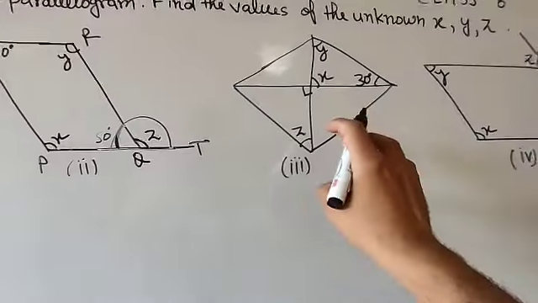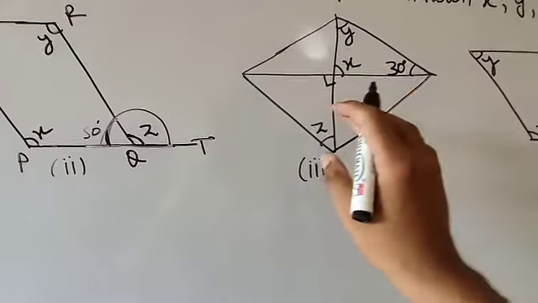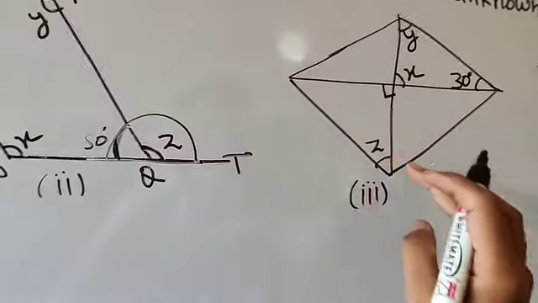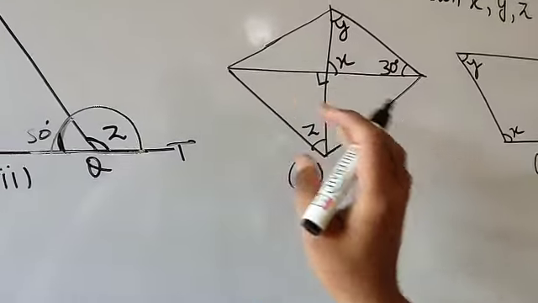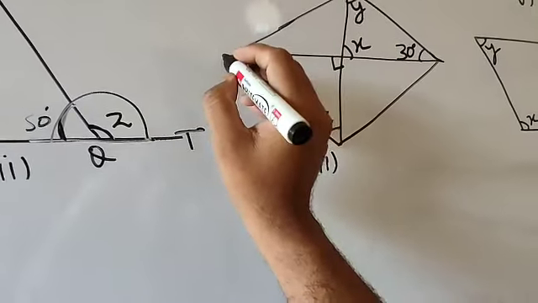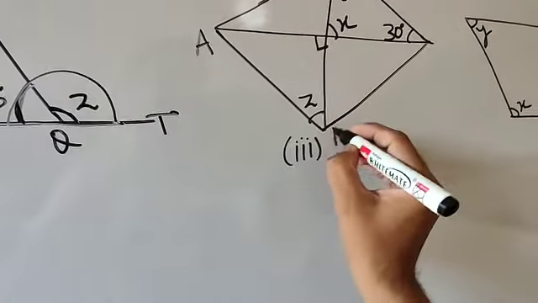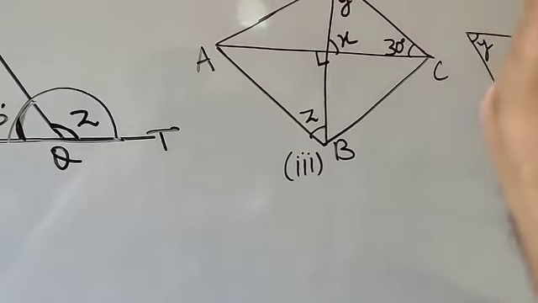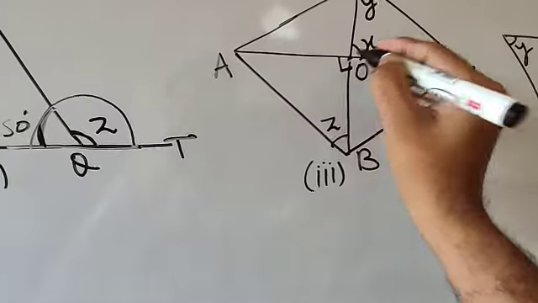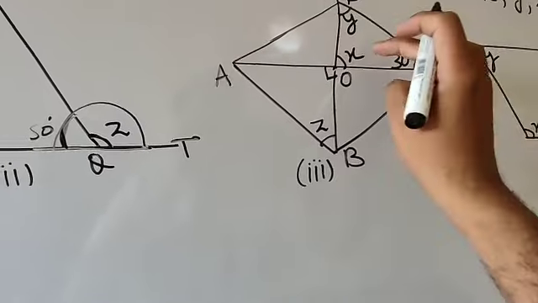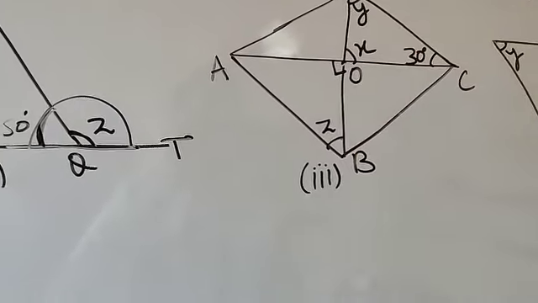For the third part, I have drawn the diagram here. In this diagram, it is a parallelogram. In the question it is given that consider each and every diagram is a parallelogram. So you can give the name here. Suppose I am going to give the name, I can write A, B, C, D. If the name is not given, you can give the name. Suppose here it is the point O. Now here X, Y, Z, that you need to find.